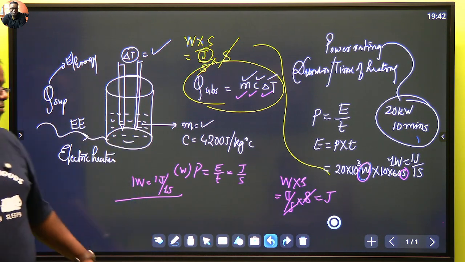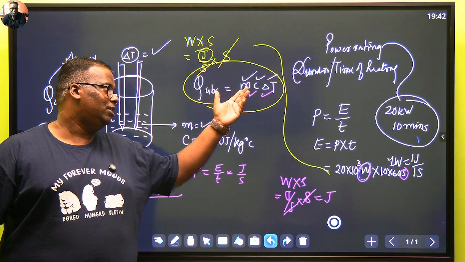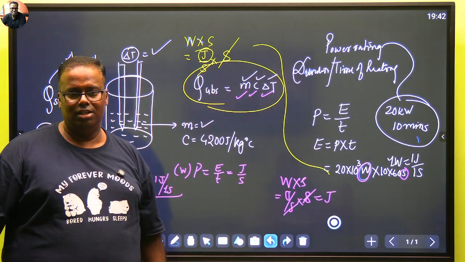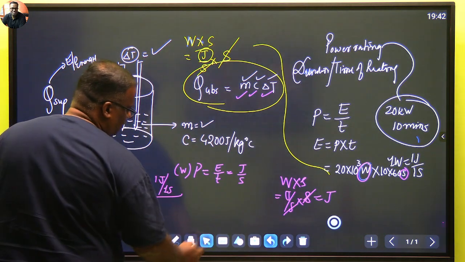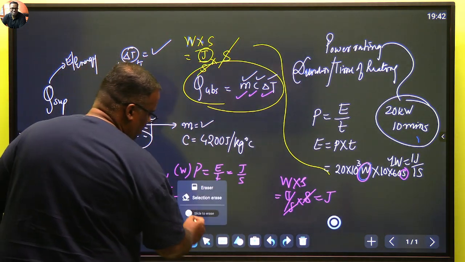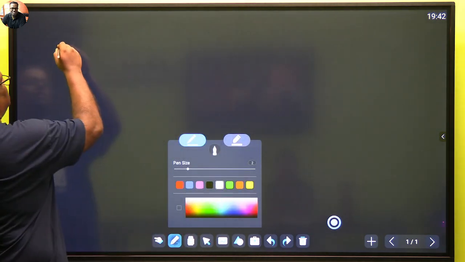Now we can design a problem where something will be hidden. Look, something we will hide. We'll hide, say, the mass of the water. Then how to find out the mass of the water? So say, suppose now, what are the players in this match now? The players in this match are